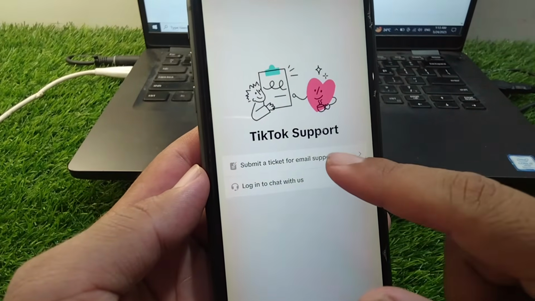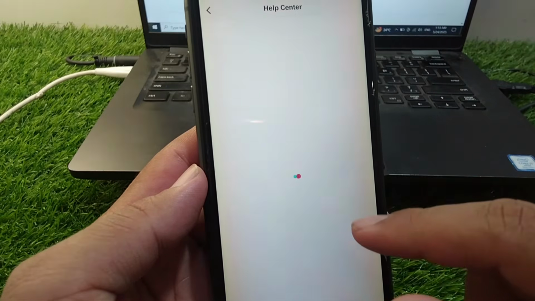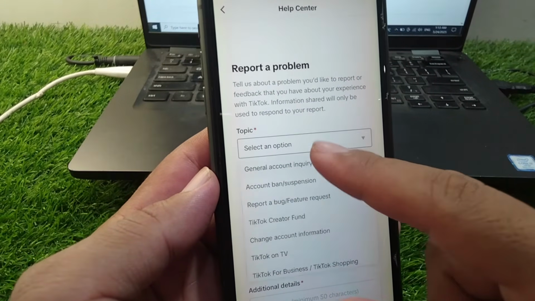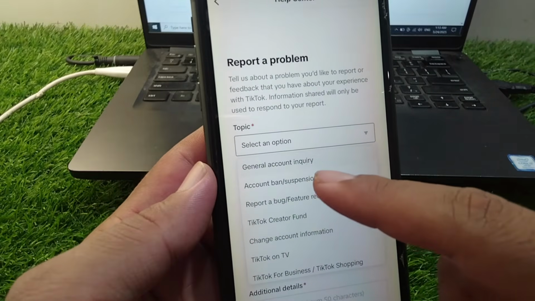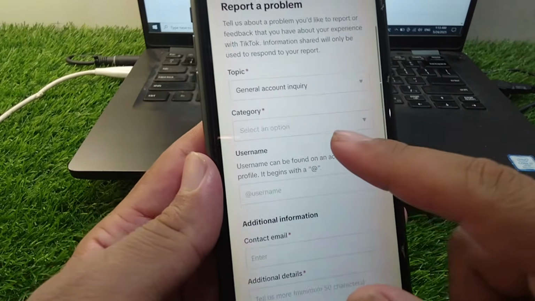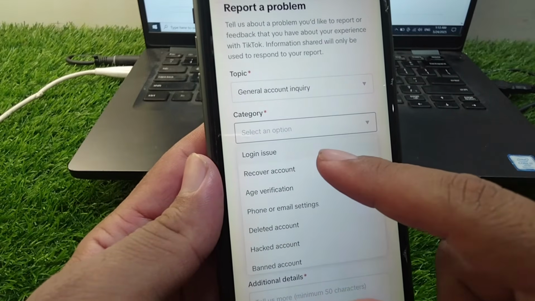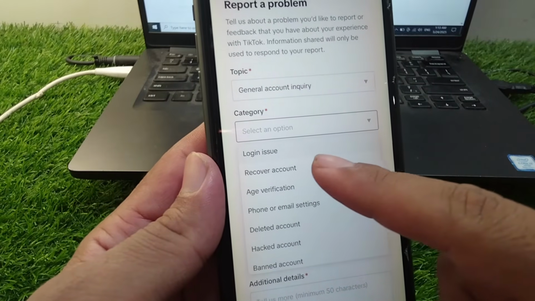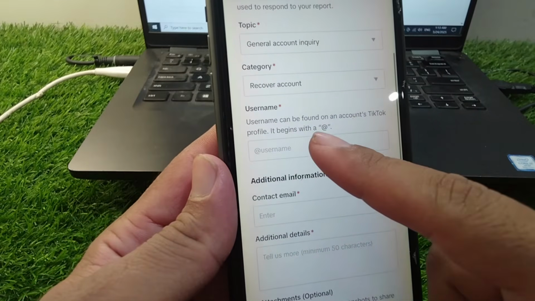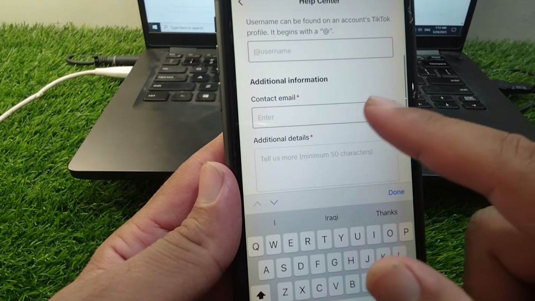And from here tap on submit a ticket for email support, and from here you have to tap on topic or select a topic, and after this you have to tap on general account inquiry, and from here select the option of category, tap on recover account, and from here you have to give your username and then your